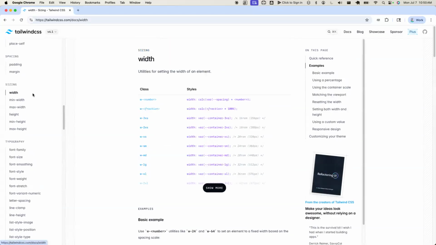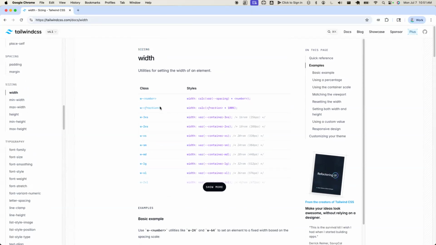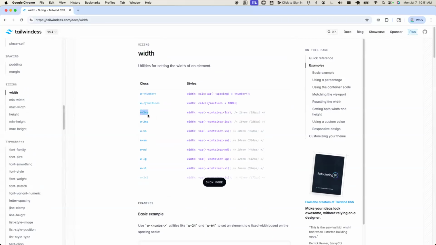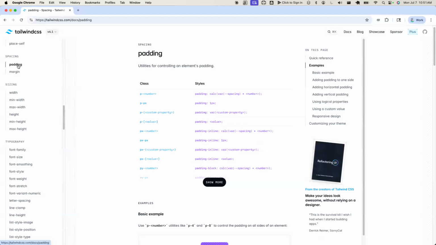We didn't see width. I do want to point out with width, height, padding and margin, we have the built-in sizings that, it looks like, are based off of rem, and it's using a CSS variable to calculate it, which is really nice because all of my width sizings, or for instance, if you look at padding,